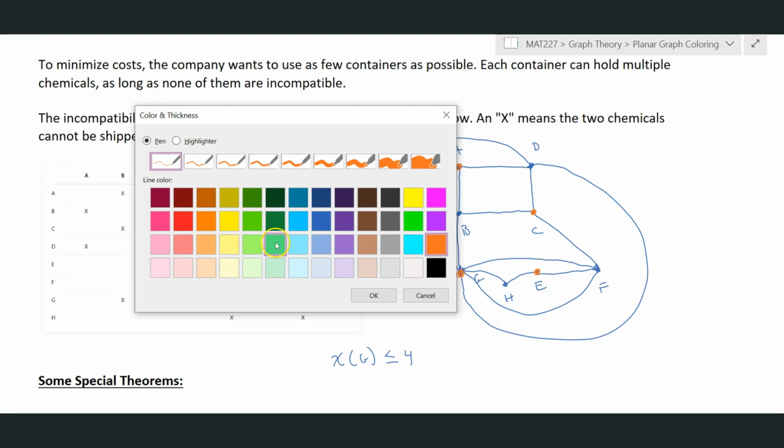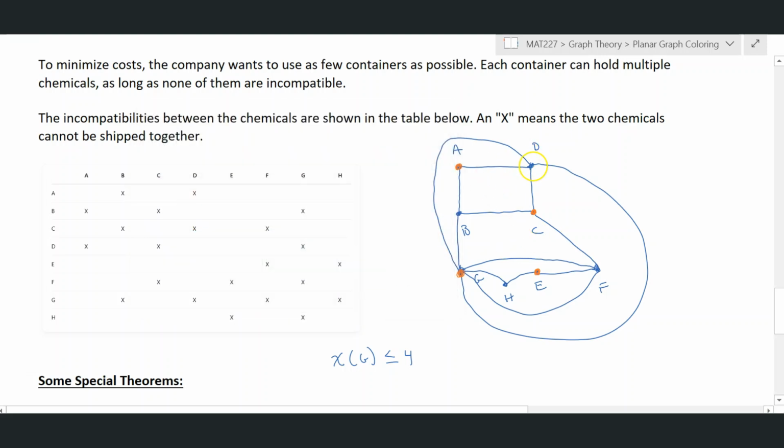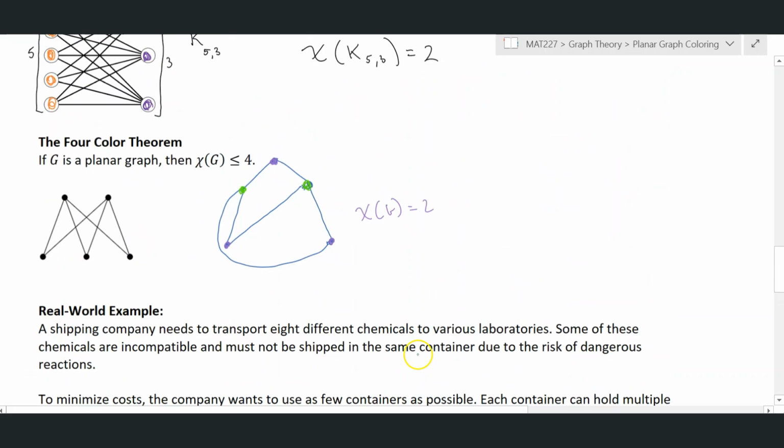Let's take a look at another color because I think we've utilized that one. So let's say D is this green color. B can also be that green color because they're not adjacent to one another. Now we could have F, that could be green, and H could be green as well. So in fact, our chromatic number of our graph is in fact equal to 3, which means that the theorem that we had back up here,